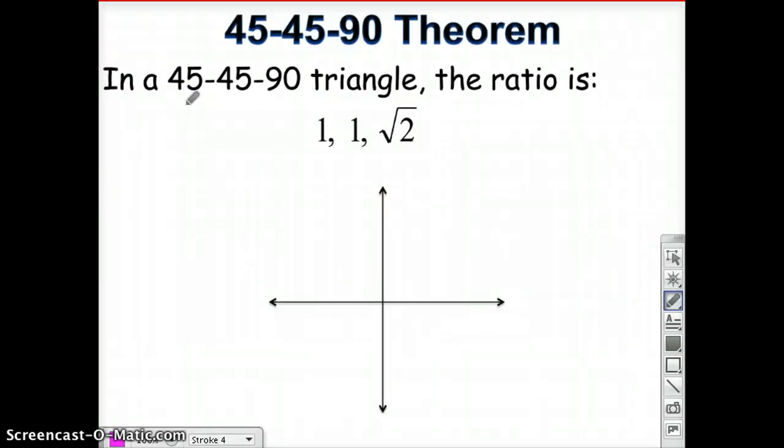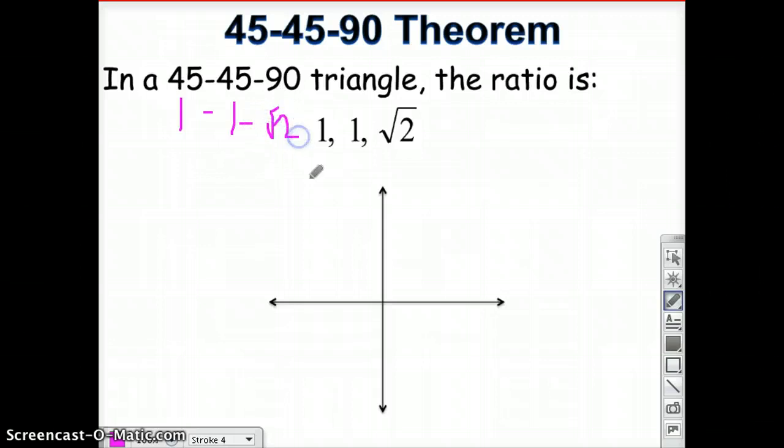So we need to review again 45, 45, 90, and 30, 60, 90. In a 45, 45, 90 triangle, the sides are always in proportion to each other, 1, 1, root 2. So the side across from the 45 is always going to be 1, the side across from the other 45 is going to be 1, and the side across from the 90